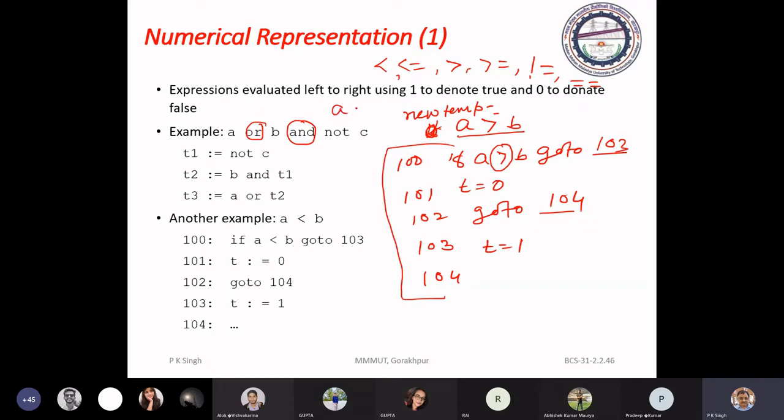If we have A plus B, we write a temporary t equal to A plus B. Here, if we have A or B, then we can write a temporary t equal to A or B. That is the target. Now see the translation scheme.